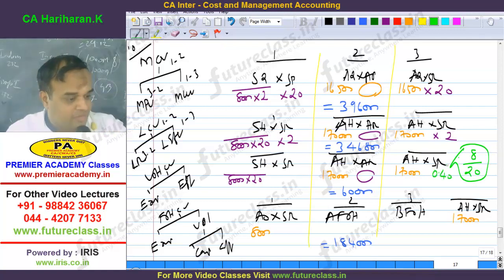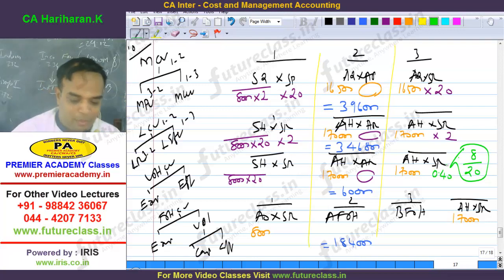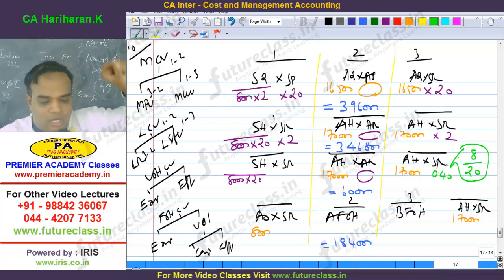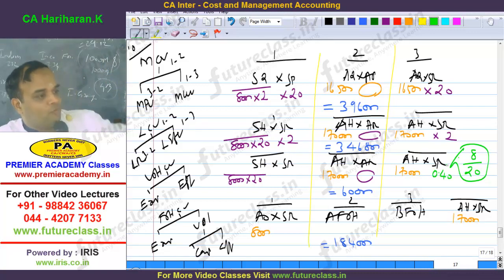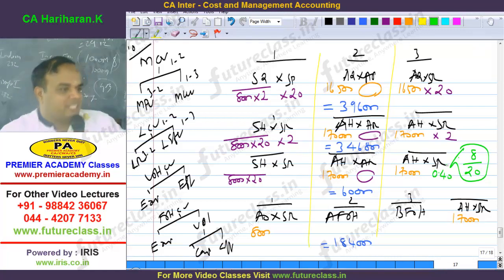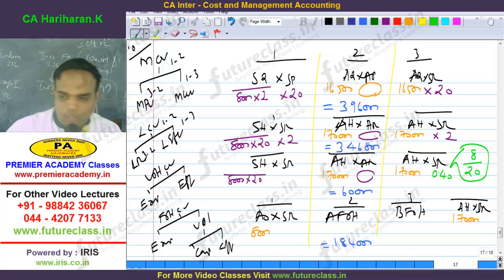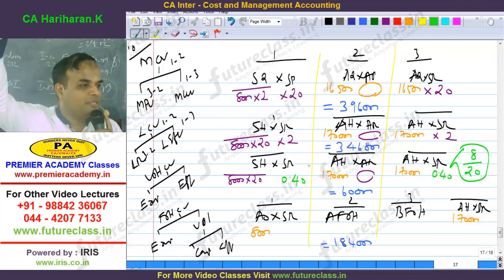I'll repeat once again. We have to compute variable rate per hour. Am I right? To produce one product, variable cost is 8 rupees. To produce that product, you need 20 hours. Therefore, for 20 hours, 8 rupees, so per hour is how much? 8 divided by 20 comes to 40 paise. Understood? Here also standard rate per hour 0.4. Easy. So variable overhead also over. How many of you are comfortable with the variable overhead?